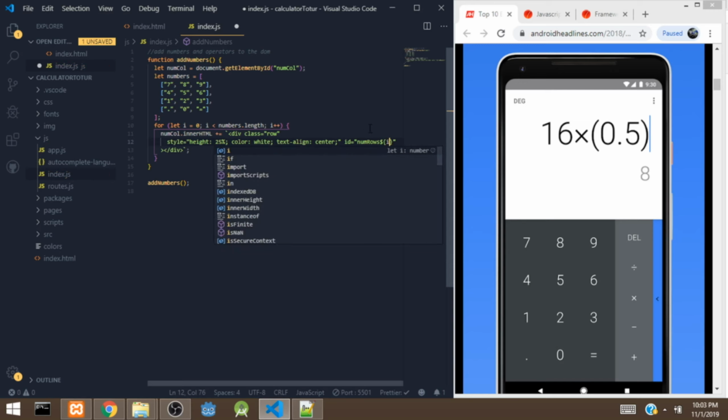So if it loops the first time, it's going to be num rows 0. If it loops the second time, it's going to be num rows 1. So we are actually trying to add a different ID anytime it loops,